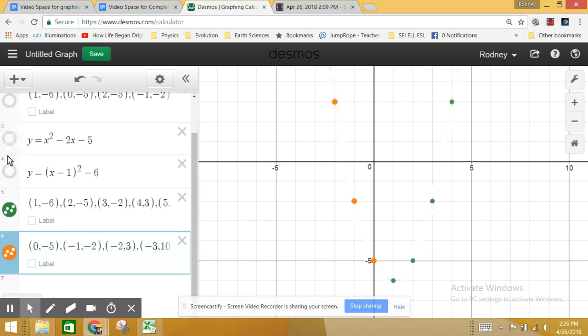And it matches. It matches with this. And that, my friends, could save you some time when you're graphing these things. So that will work just as well. I'm going to pause this one. I'm going to stop this one, and I will then